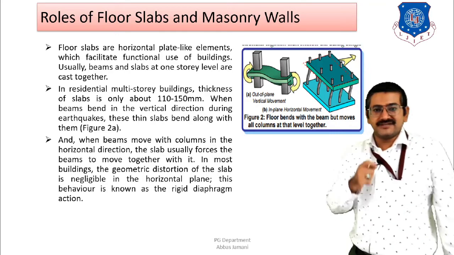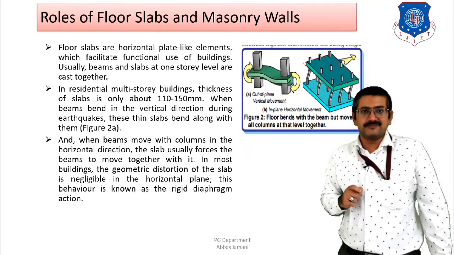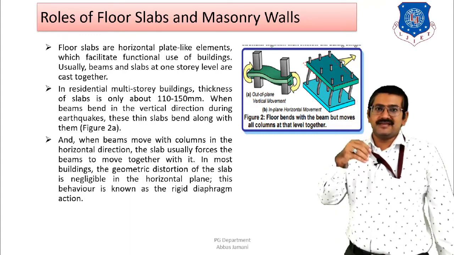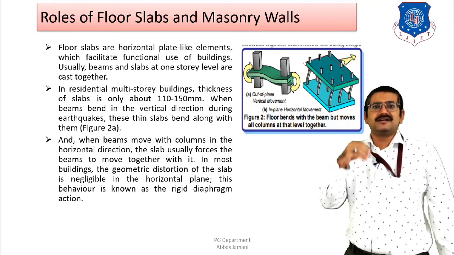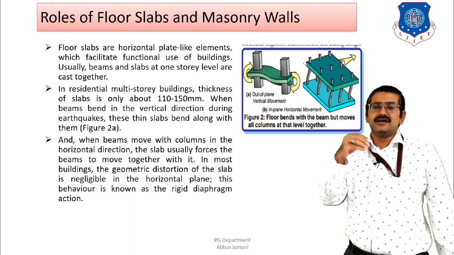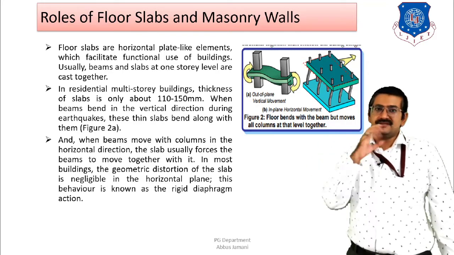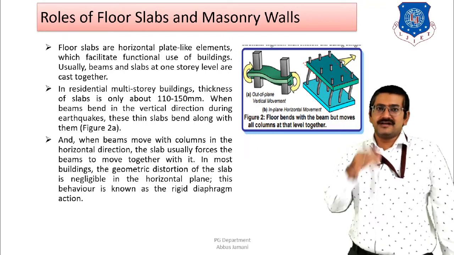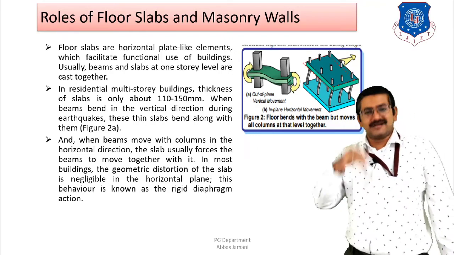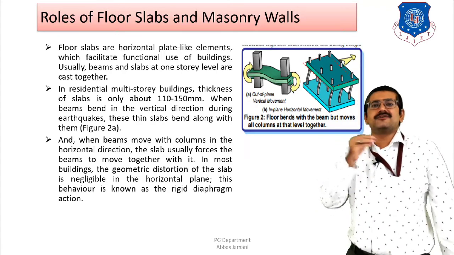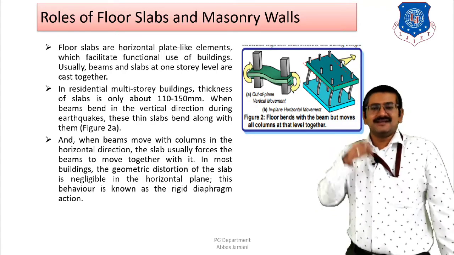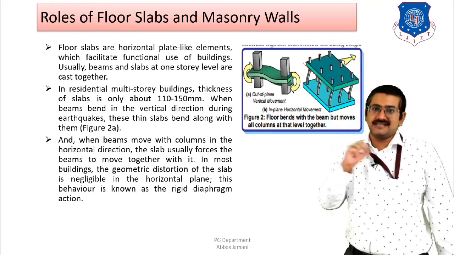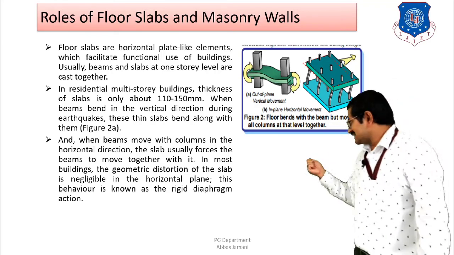So the first figure that is shown is showing the out of plane behavior. Now how will this out of plane behavior come into picture? Whenever the vertical load is applied on the building, the vertical load will be transferred from the slab to the beams. And once the beams are subjected to vertical load, these beams are going to undergo deflection. And when these beams undergo vertical deflection, since the beam and the slab are casted monolithically with one another, there is going to be vertical deflection or slight twisting of the slab component also, which can be seen in the first figure that is shown.